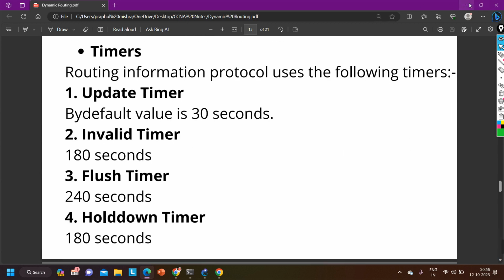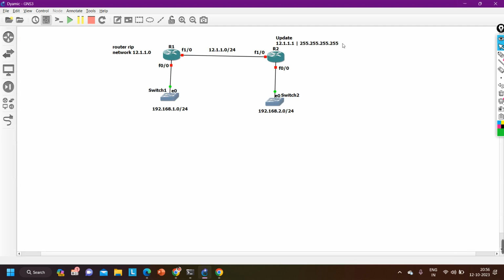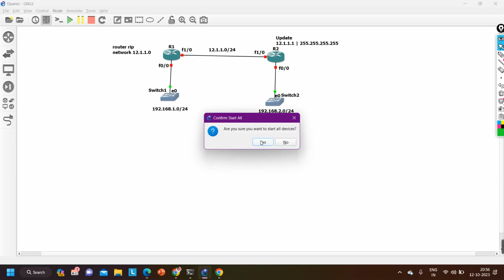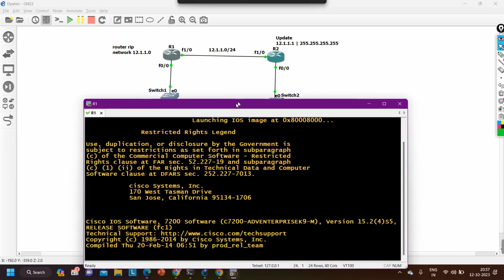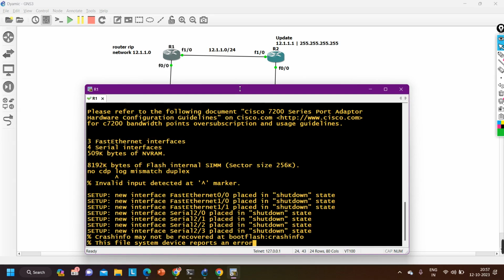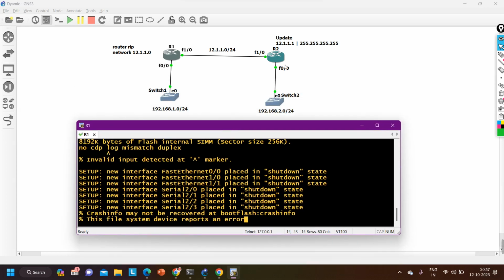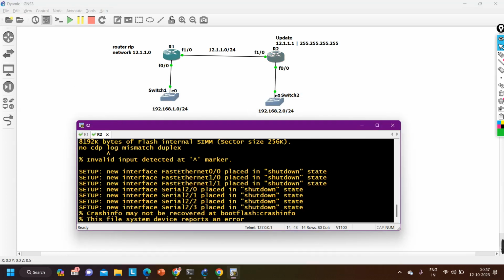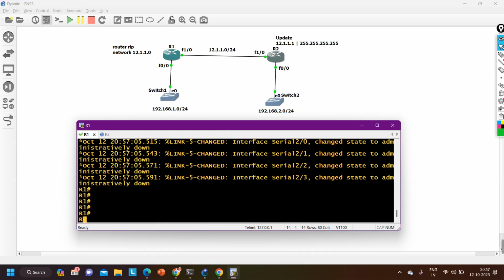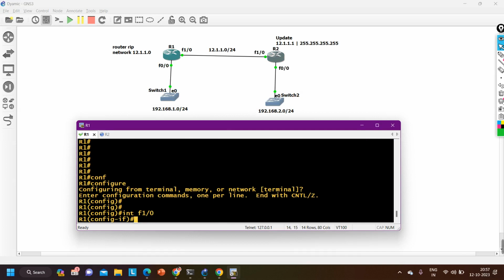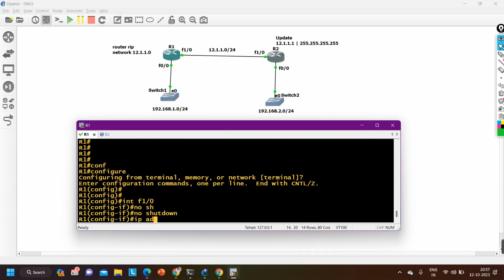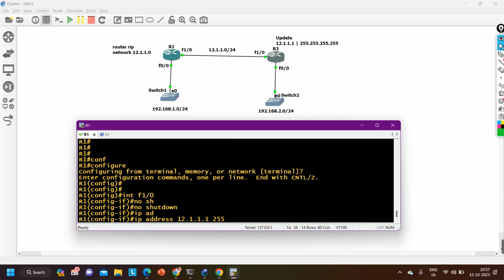Then we have some timers in RIP. Before discussing the timers, I would like to configure RIP routing protocol between router 1 and router 2. First of all, let me configure this topology. Let me access router 1. Router 2 also. Fine. On router number 1, I am going to configure IP first. Let me configure one IP on FastEthernet 1/0. Say no shut. And IP address is 12.1.1.1